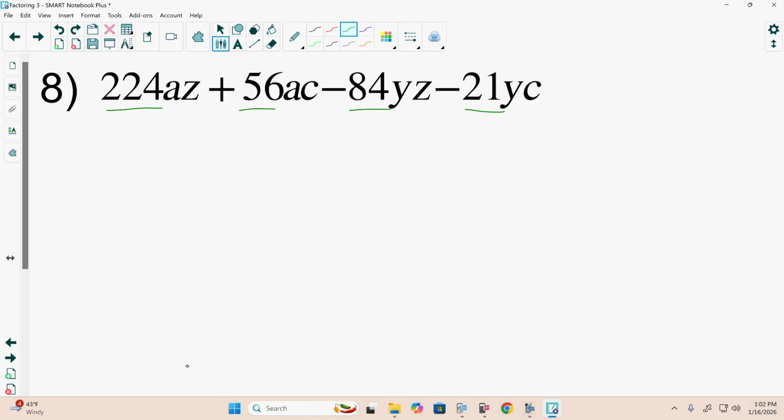So what we've determined so far is that all 4 are actually divisible by 7. That's actually very helpful, because if I factor that out of all 4 terms,